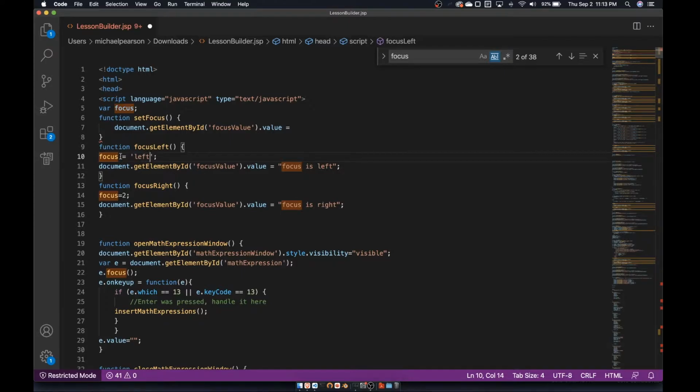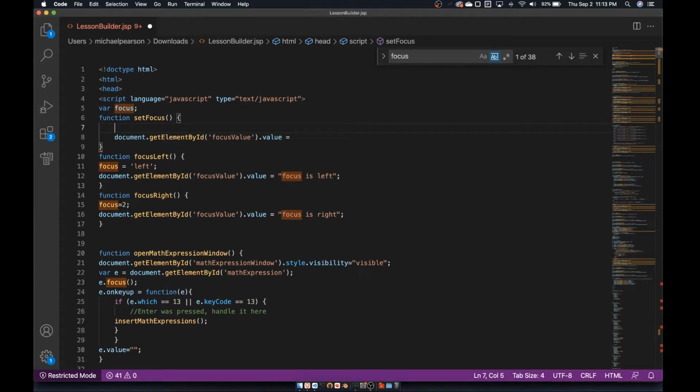The formatting of this just sucks. So I'm actually not going to touch that. And I'm just going to say focus equals, well, frick. I will give it a default value. Why not? There's no reason not to. And then focus equals